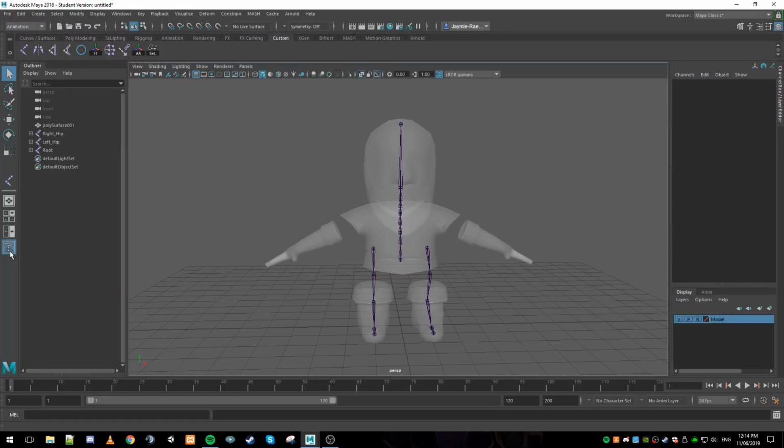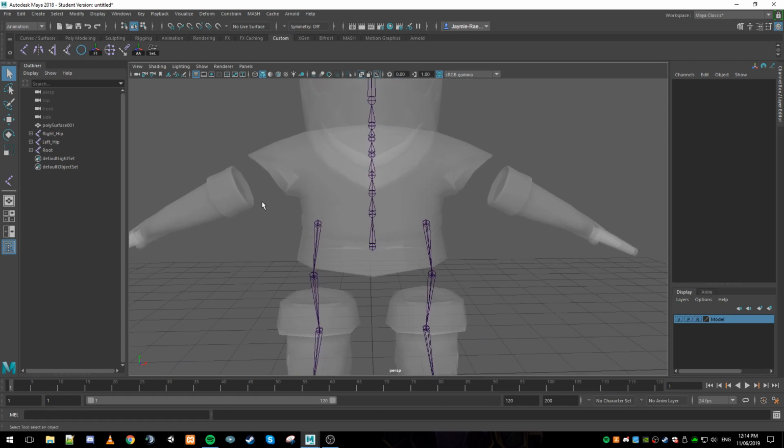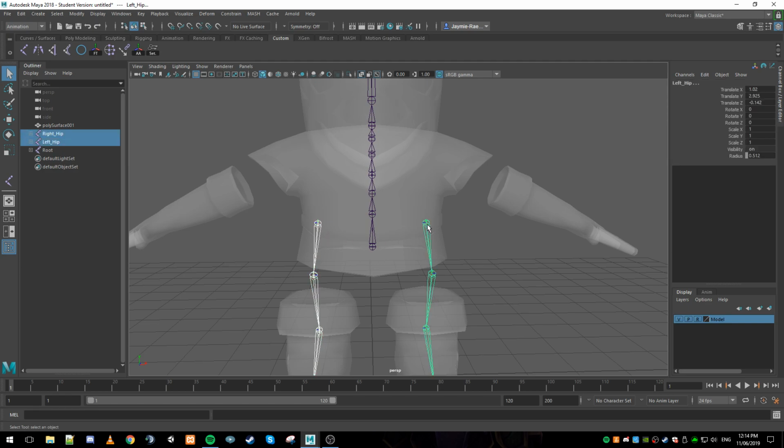So if we have a look in our hierarchy, we've currently got all that happening. We're then going to kind of join these all together so that they connect. So I'm going to select his legs. So shift select both legs. Shift select the bone you want to connect them to, and then press P, which will parent them together. You can see this in the hierarchy over here, where we've got the spine, and at spine 1, which technically, instead of spine 1, I might go through and rename these. So spine 1 is going to become